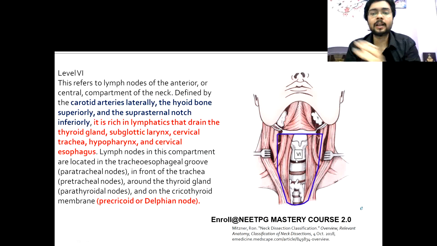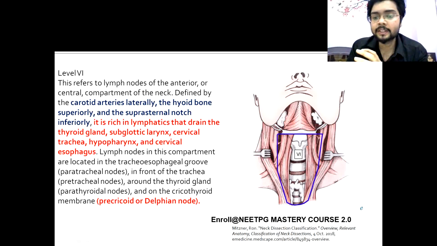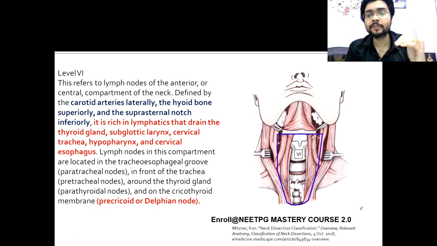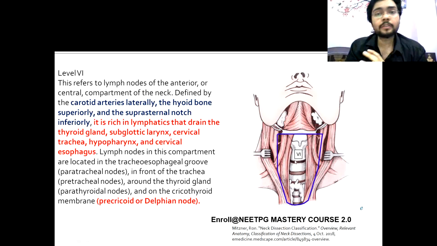Okay, and the last is level 6 and 7. So level 6 is this one, which is called the central compartment of the neck. The boundaries are similar. Superiorly is the inferior border of the hyoid, inferiorly is the suprasternal notch, and bilaterally are the two carotid arteries. So this is our central compartment, which consists of lymphatic tissue or lymph nodes that drain the thyroid gland, subglottic larynx. So basically thyroid, trachea, these all are drained by the central group of lymph nodes,